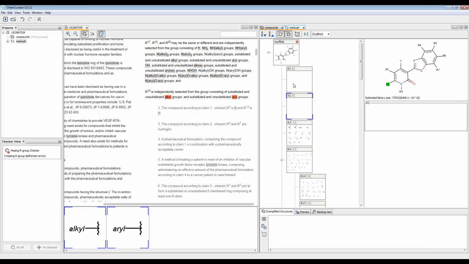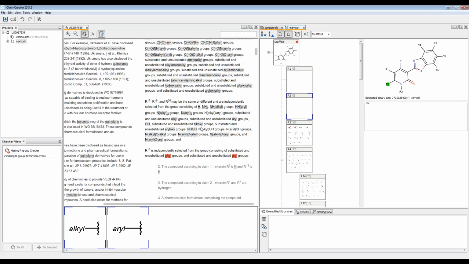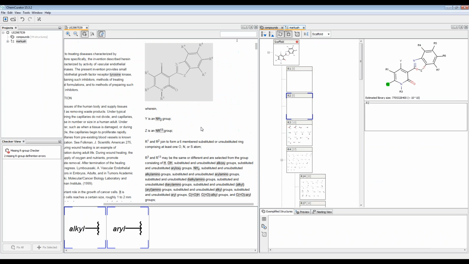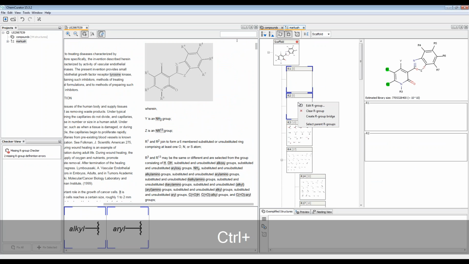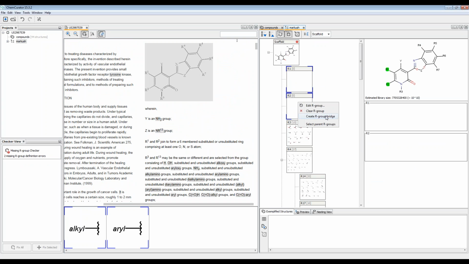Now only two R group definitions are missing, R1 and R2, but this is a little bit tricky in the document, because if you scroll up, you can see R1 and R2 join to form a 6-member substituted or unsubstituted ring. You can represent it in many ways. I will show one of the possibilities here. For example, you are able to select these two R groups and you can create a bridge. This is the R1 and R2 definition together,